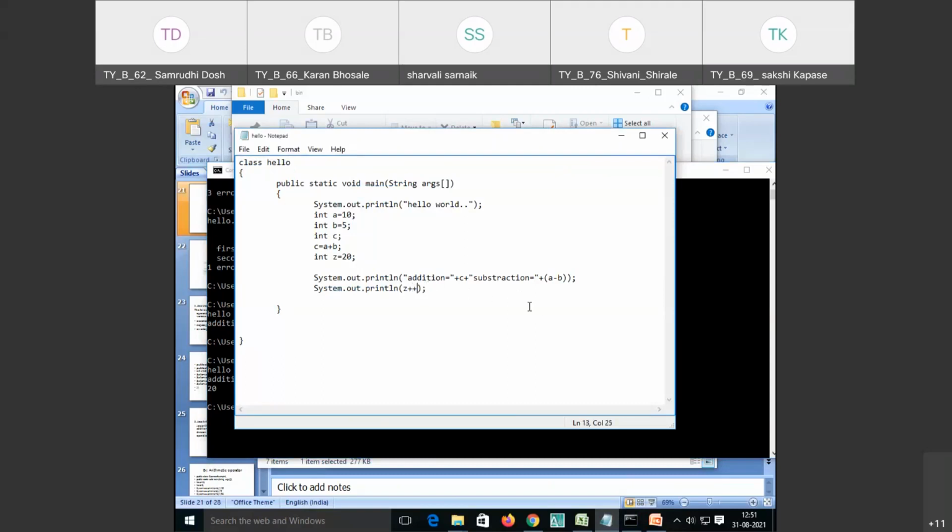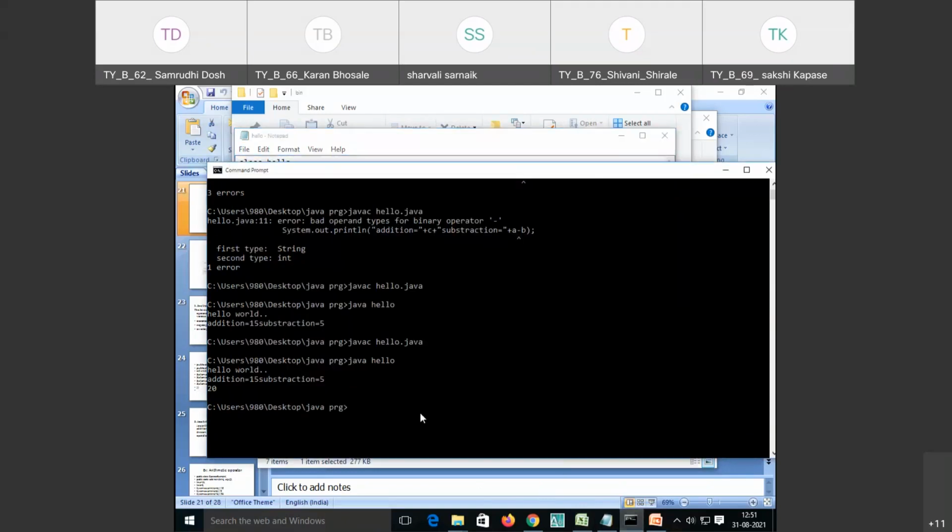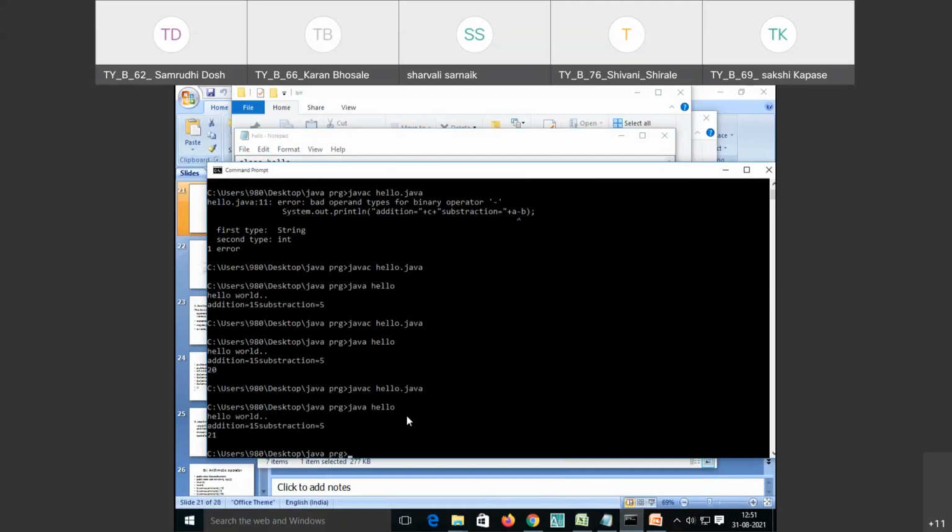So instead of this post-increment, I write ++z. We will see what the output of it is. See, now it is 21. So it is incrementing our value.